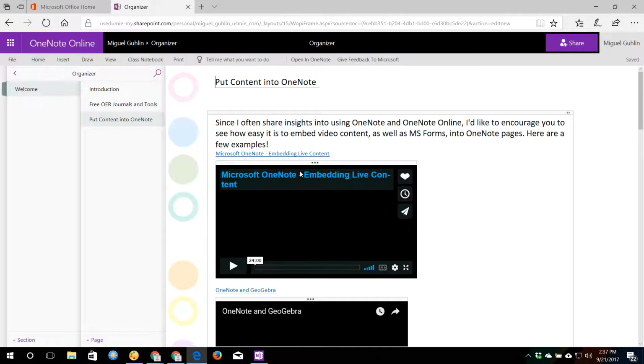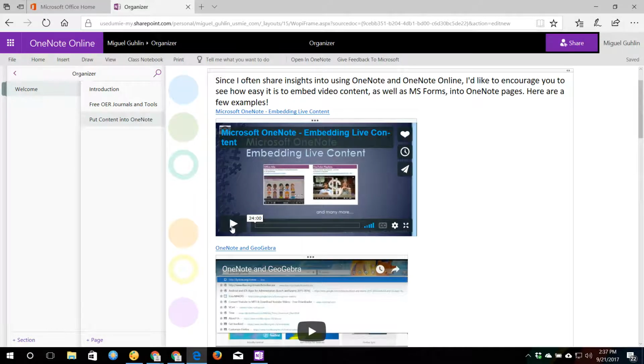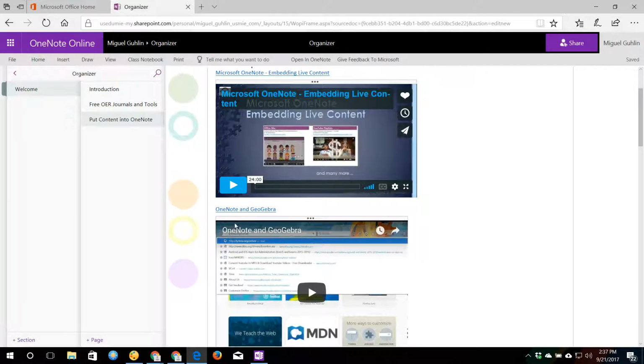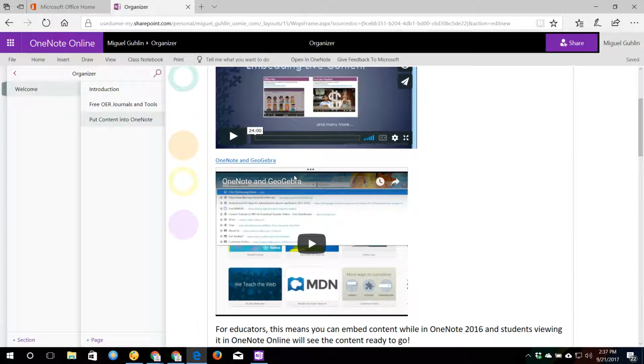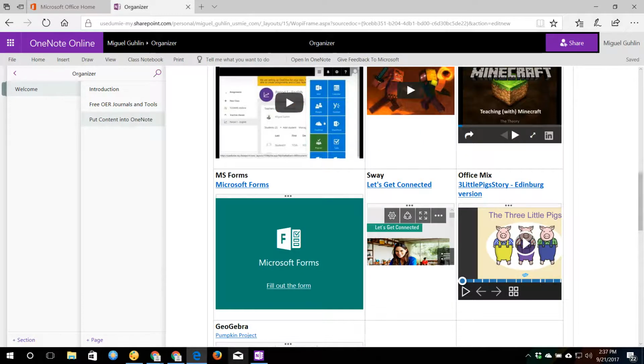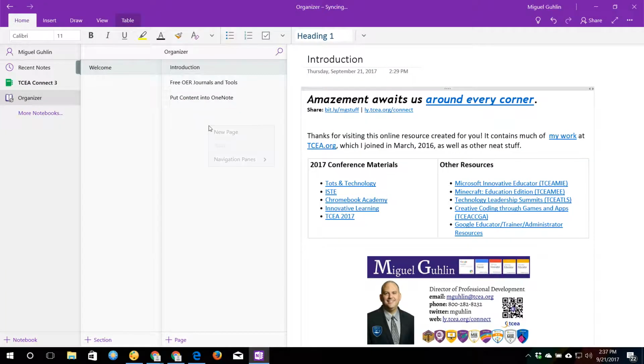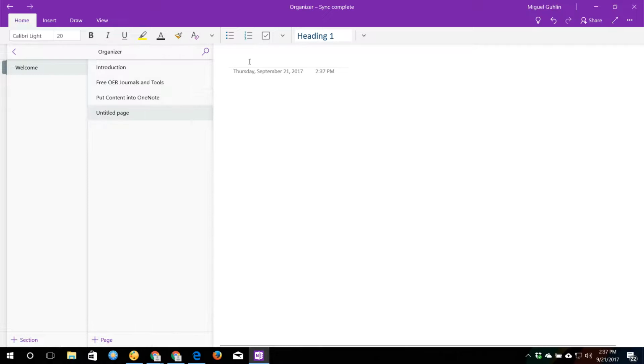And imagine your students being able to just quickly come in and view a video that you've embedded or placed here for them to look at. It's all in one place, very easy to access. So that's just a quick overview of OneNote. Remember, we haven't really gotten too deep on this, but it is easy to just